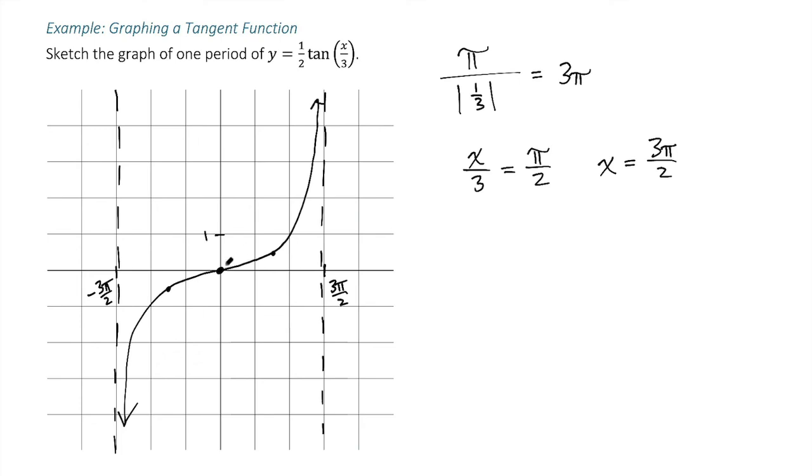Now I did these key points just based on halfway between the center point and the asymptote, but you can go through and actually use the pi over 4b, which is, in our case, pi over 4 times 1/3, okay, which gives you the 3 pi over 4 right here, and the y-coordinate for that is 1, and then you could use the pi